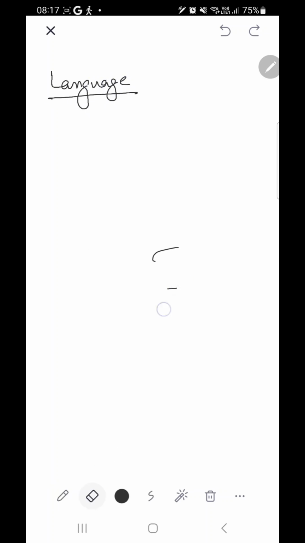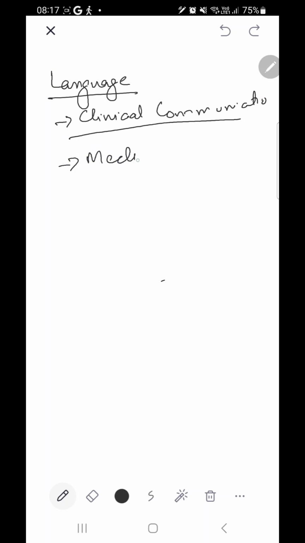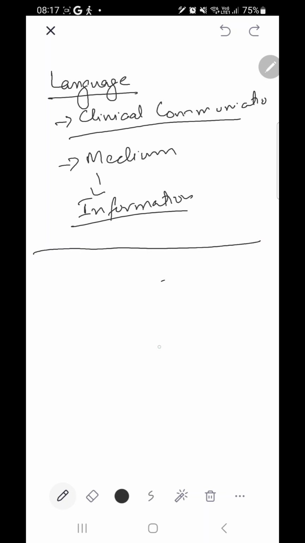Here we'll be discussing the importance of the language. As you can see, this is a clinical communication. So you just need a medium of language to translate or transfer your message, your information. So normally the technical language we would be using. However, in terms of linguistics, we can use different tenses. For the sake of example,